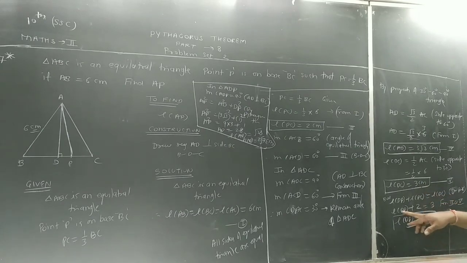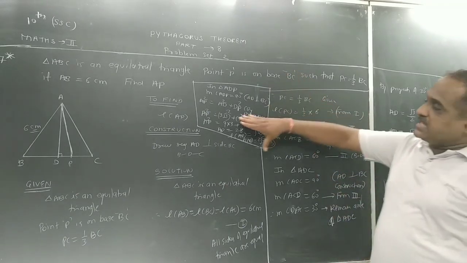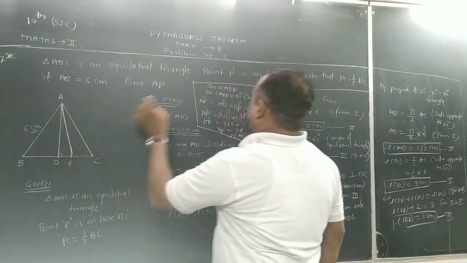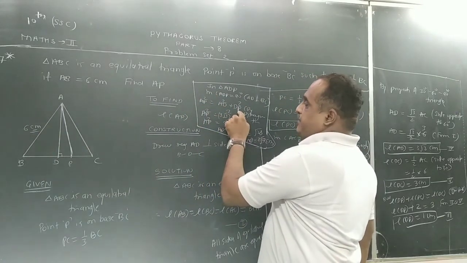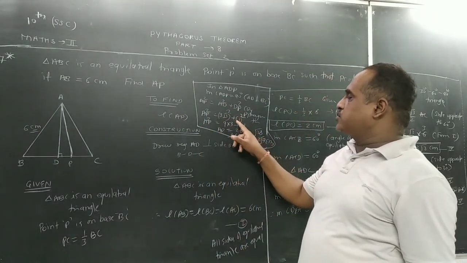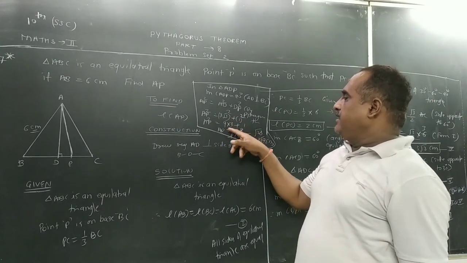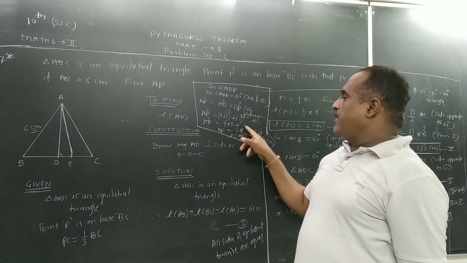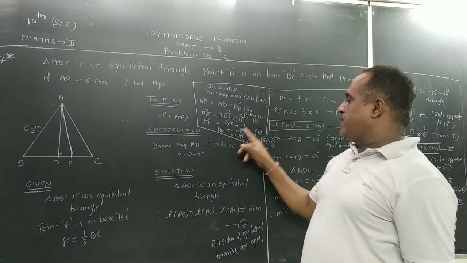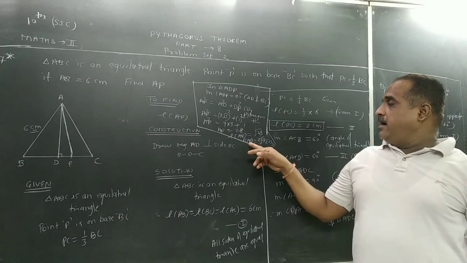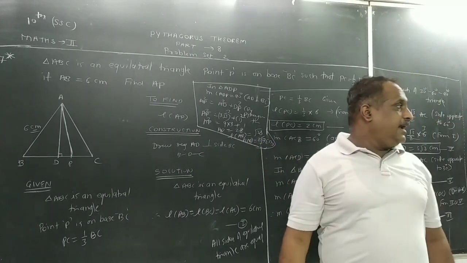With the help of that, what do we find? DP plus PC is equal to DC. So DP is equal to 1 centimeter. You got it? Now, at this part you are going to do your own. In triangle ADP, AP square is equal to AD square plus DP square. AD square is 3 root 3 the whole square plus 1 square. The square of 3 is 9, the square of root 3 is 3, so 27, plus 1 is 28. Taking the positive square root, AP is equal to root 28, and AP is equal to 2 root 7 centimeter.